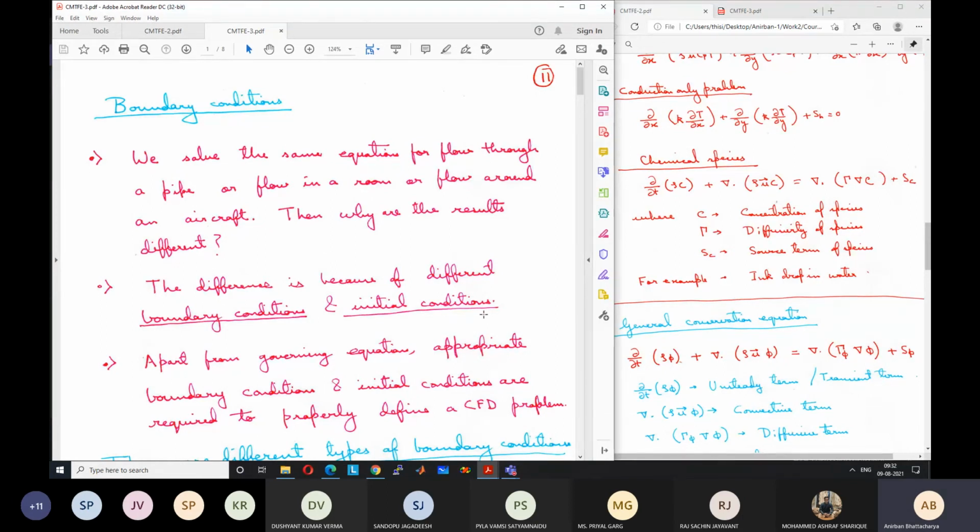But in general, while solving the equation, it is necessary. If you are writing your own code, you have to give the initial condition for all the control volumes at the beginning of the problem. Okay. So it is based on the physical condition. For example, for temperature equation, maybe it is equal to the room temperature. Flow may be, velocity may be initially 0. So u velocity may be 0, v velocity may be 0. Temperature is 303 Kelvin, something like that. Depending on the physical situation, we need to give the initial condition.